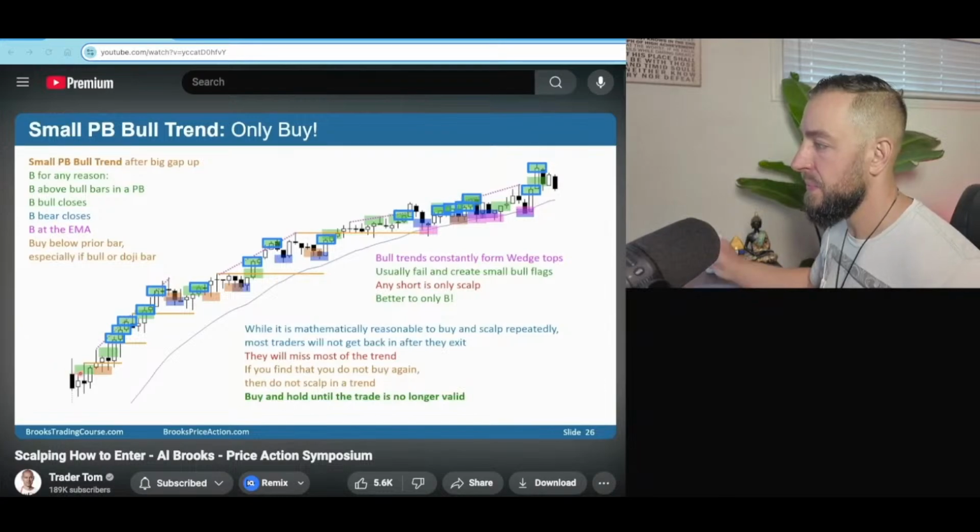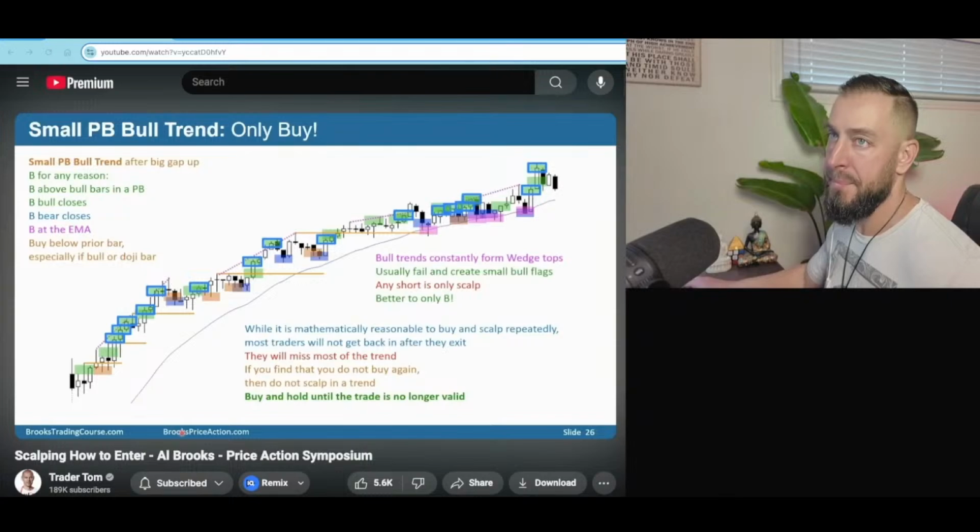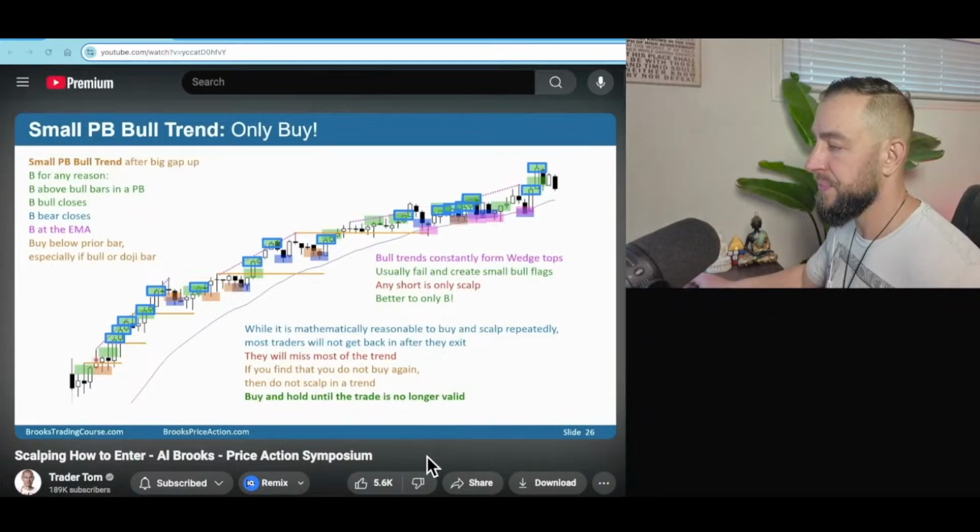Now, it looks like you can buy, scalp, buy, scalp, buy, scalp, buy, scalp, and do it 20 or 30 times all day long. But most traders should not trade that way, because what will happen is they'll do it once or twice, and then they'll never get back in. They'll constantly be thinking the market's too overbought, it's starting to form too many wedges, it has to pull back. It never pulls back far enough so that you feel the risk is small enough to buy. And the result is you buy and you scalp out, or you buy, you scalp out, do it 2 or 3 times, and then you never get back in, and you miss a huge trend day.